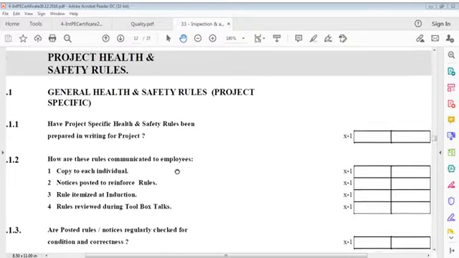Project health and safety rules. So maybe I'm not able to complete all this probably because